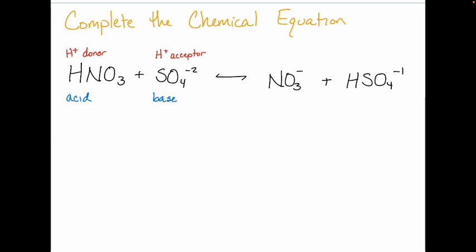Okay? We have fancy names for these products. Our acid becomes what we call the conjugate base, and our base becomes what we call the conjugate acid. And again, these terms, conjugate acid and conjugate base, come from looking at the reaction in the reverse direction. Your conjugate acid is playing the role of an acid. It's donating a proton in the reverse direction. And your conjugate base is playing the role of the base. It's the one accepting the proton in the reverse reaction.